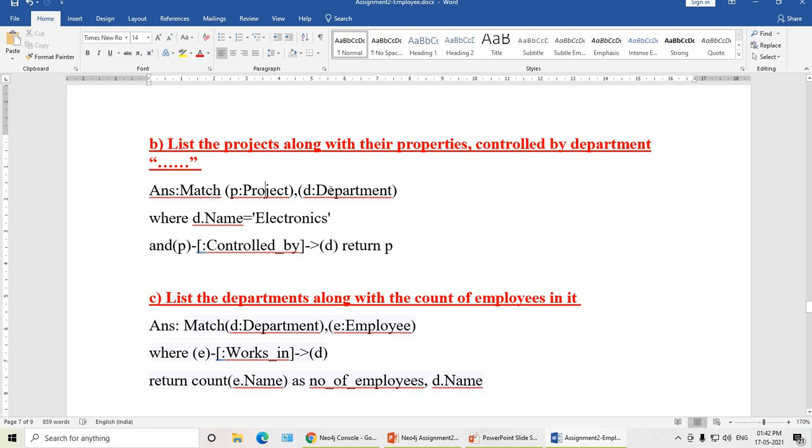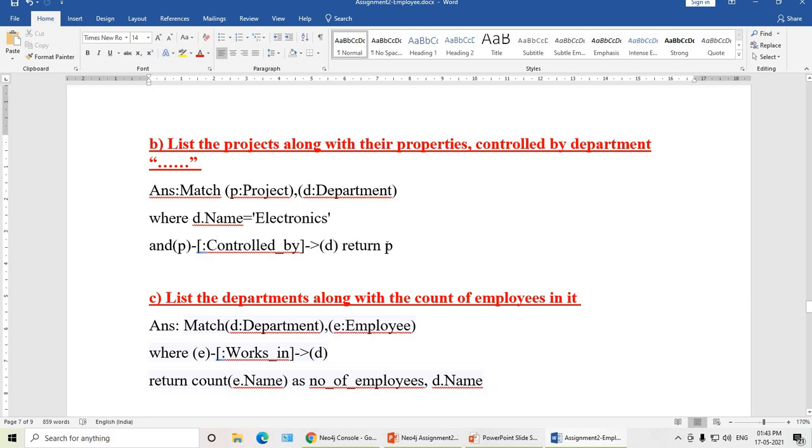So match project comma department, where department name I have taken here electronics. You can take any department name. So that project is controlled by that department. So which are the projects controlled by electronics department? That project's all characteristics, all properties you want to display. And P controlled by D is the relationship.